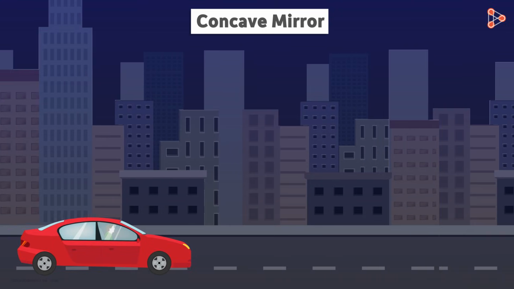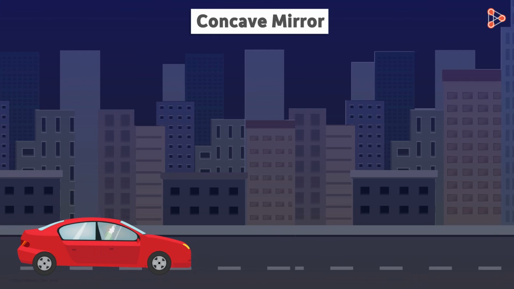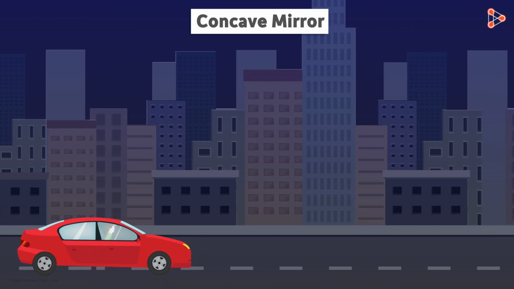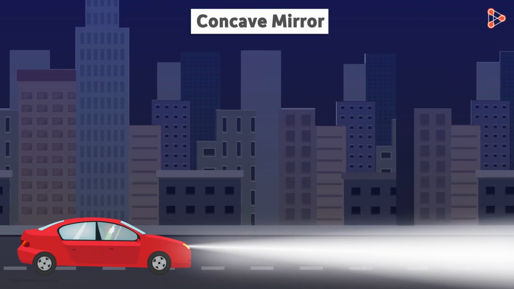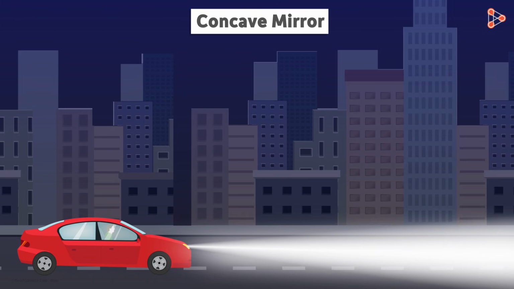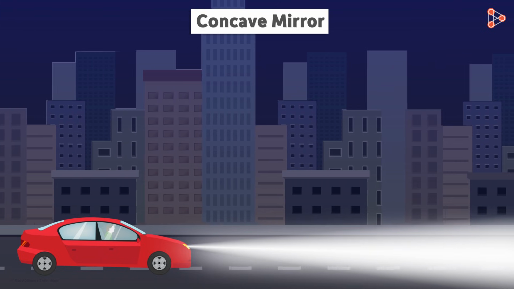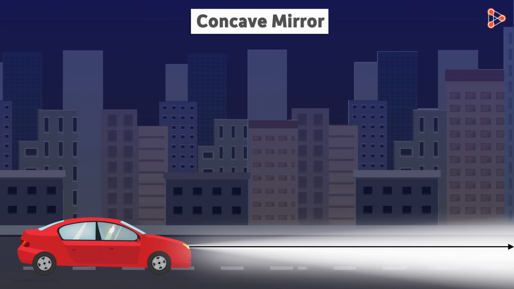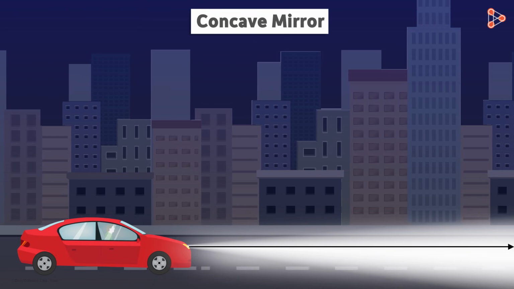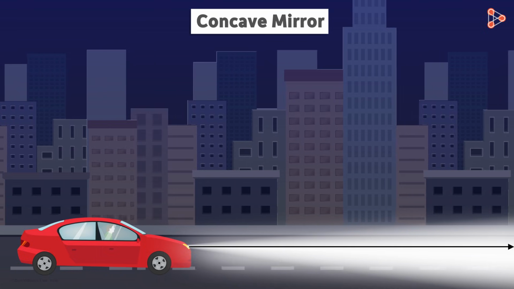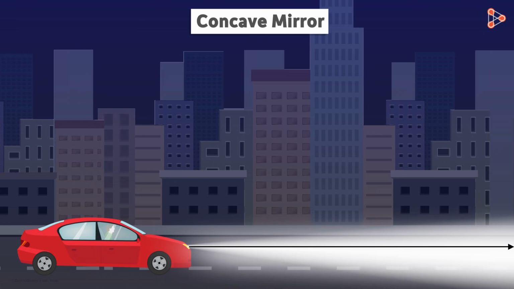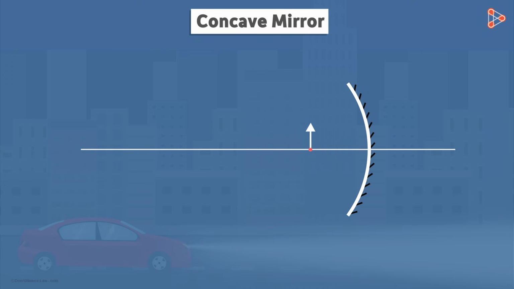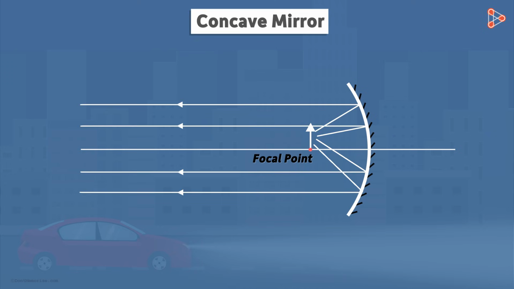One more place where concave mirrors are used is the headlights of automobiles. And why do we use headlights? Headlights help us to see things in front of us in dark or in dim light. And using the headlights, we would want to see the things which may be at a sufficiently large distance ahead of us. So how do we achieve that? Let me quickly review something about concave mirrors. We know that when the object is kept at the focal point, the light rays from the object after reflection travel parallel to each other for a long distance.